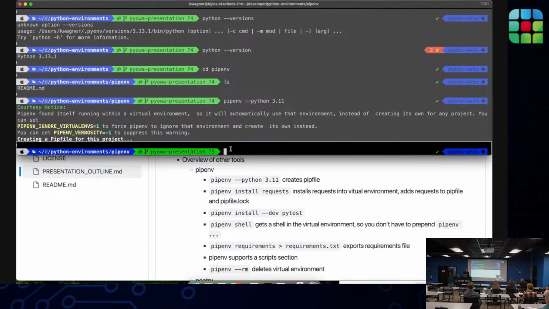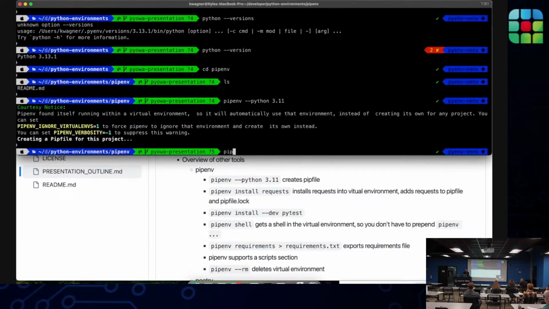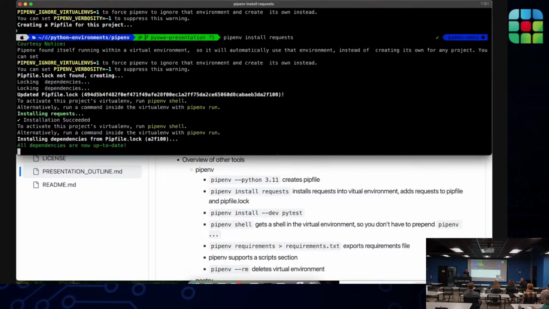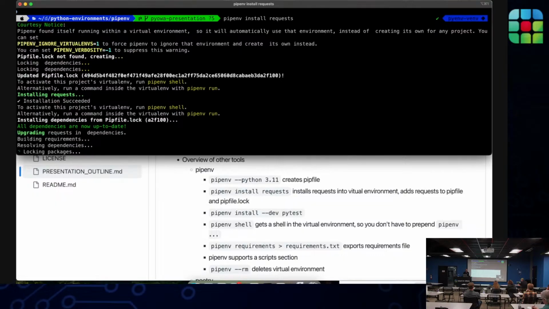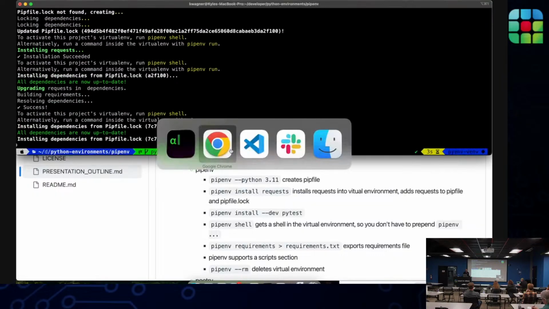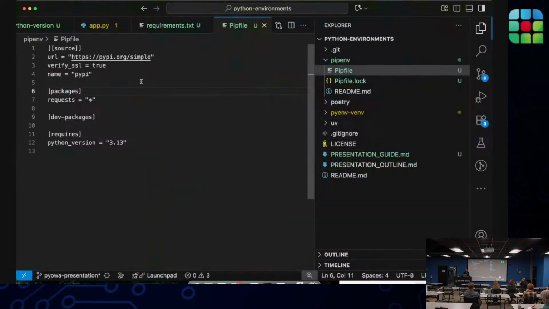And then if we run installation commands via pyenv, so invoking them with pyenv and not with pip directly, it will go through the installation and then it will add those to the pip file.